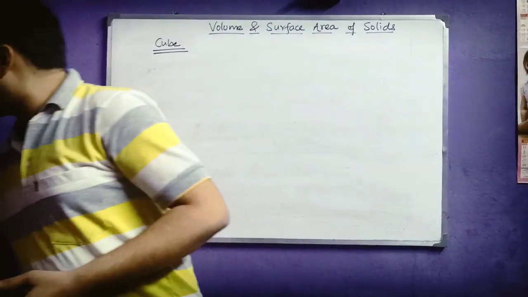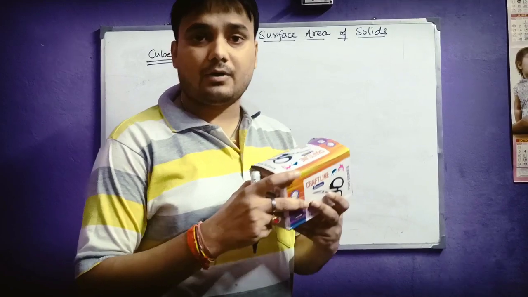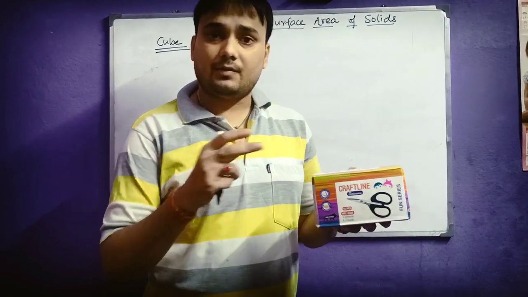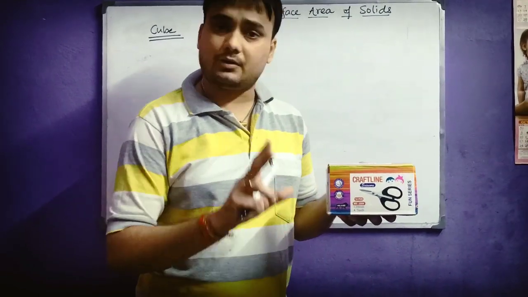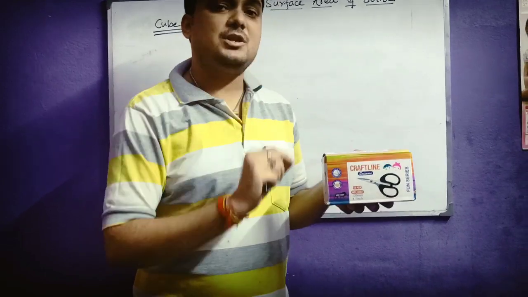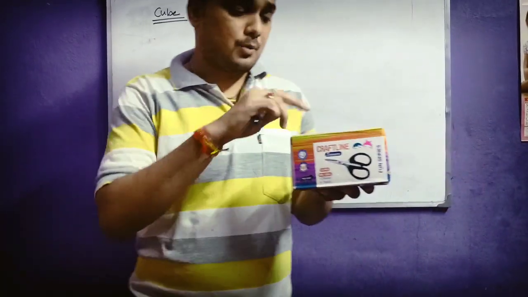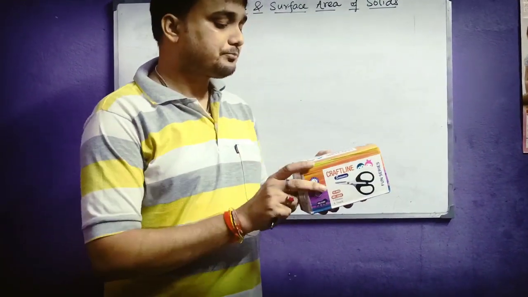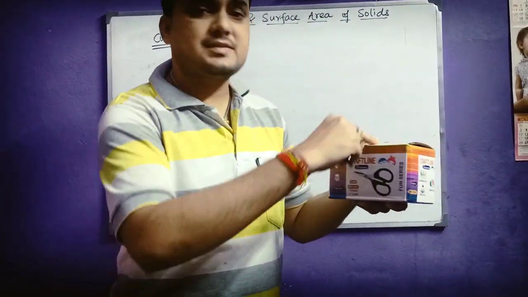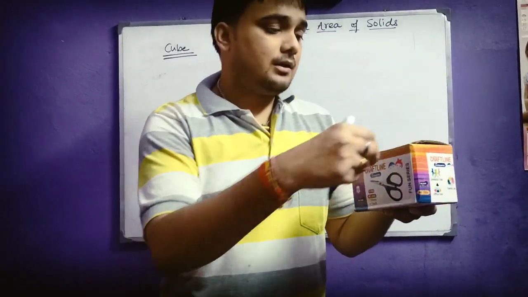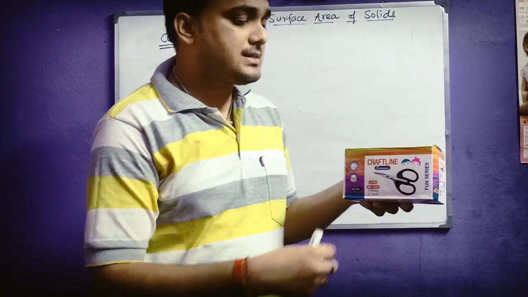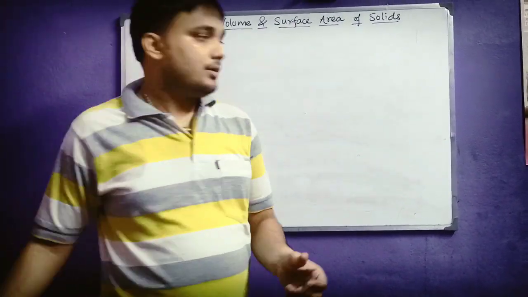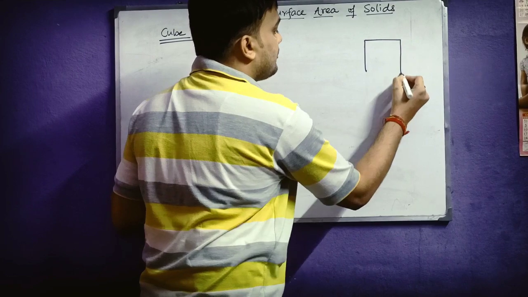So I am taking the help of the same box here to make you understand. As we can see, this is actually cuboidal in shape, but we will now consider it as a cube so that you can understand. Since we are taking this box as a cube, you have to keep in mind that all the faces are square. If all the faces are square and they are in contact with each other, we can say that all edges are equal. Let me draw it for your understanding. All edges are equal.